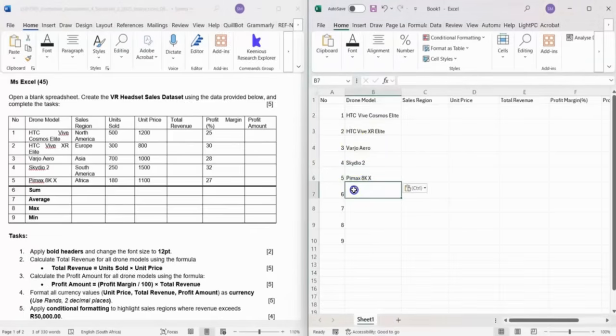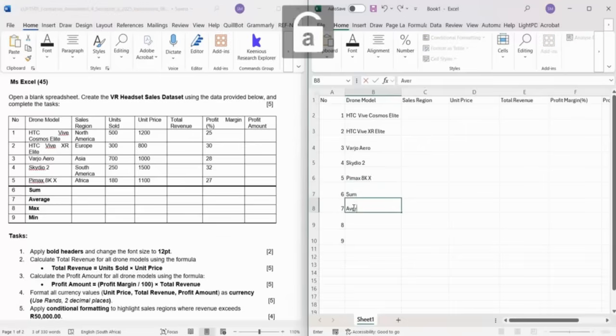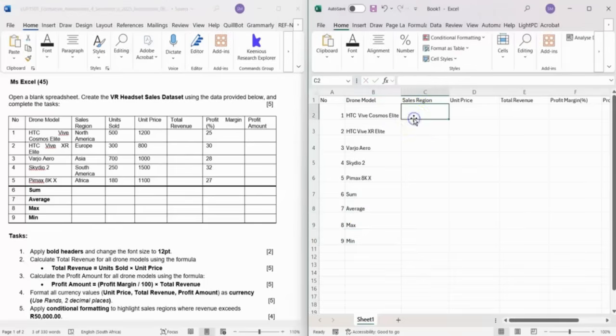So we're gonna have the sum here, the sum, the sum, average, the maximum, and the minimum. Okay. Therefore, here we're going to have North America,